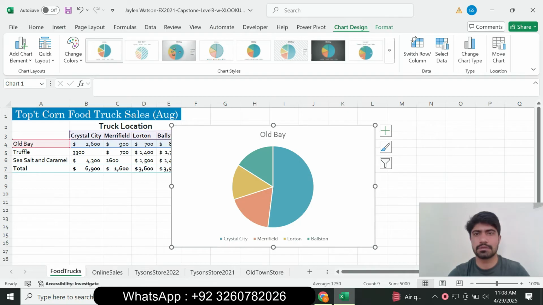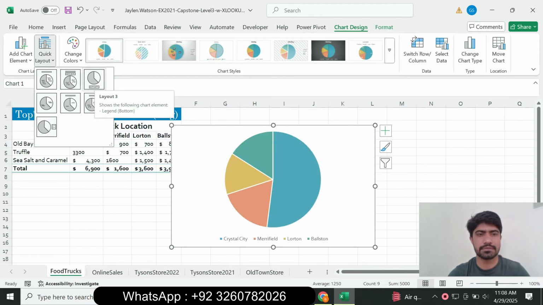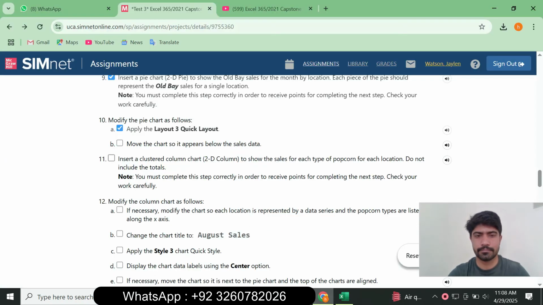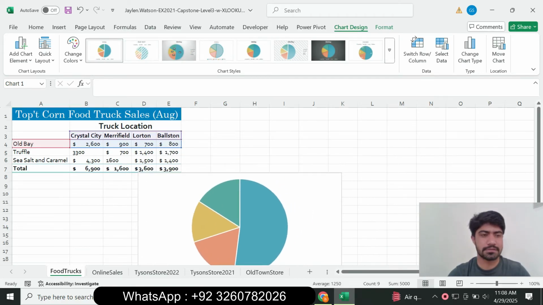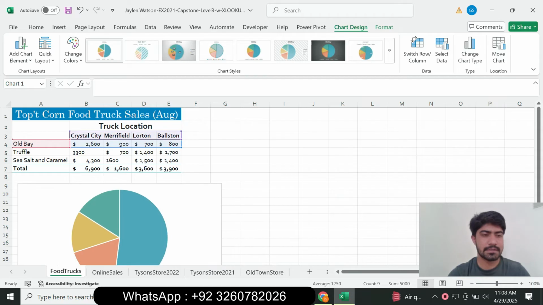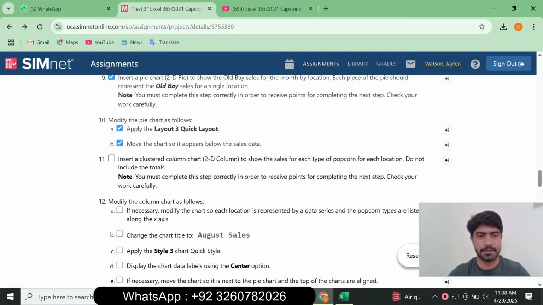So go to the chart design tab and go to the chart layouts group and click layout 3. Layout 3, and move the chart so it appears below the cell data. So move and drag the charts in the cell A9. And next is